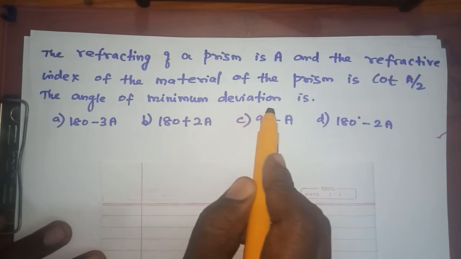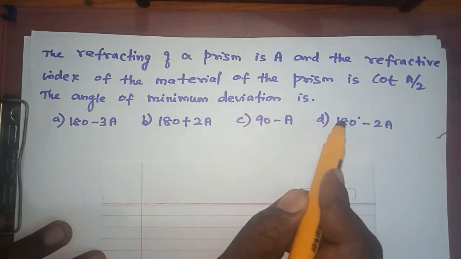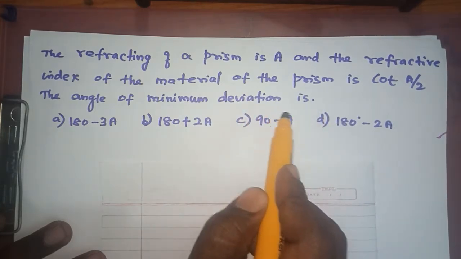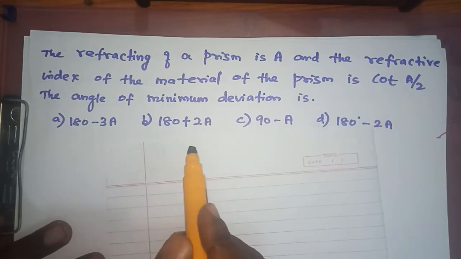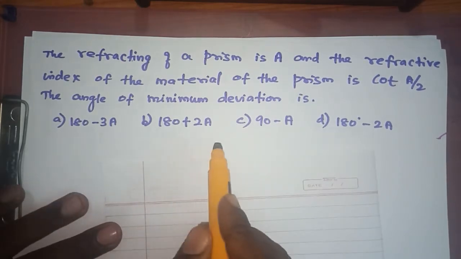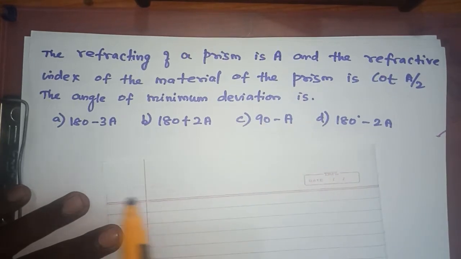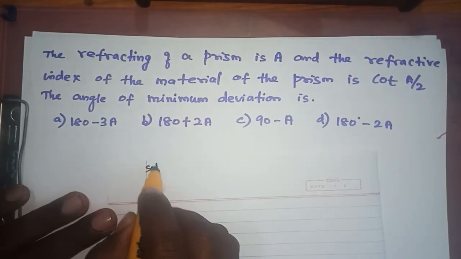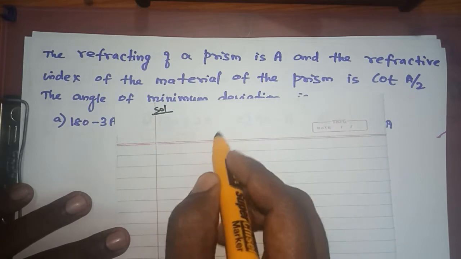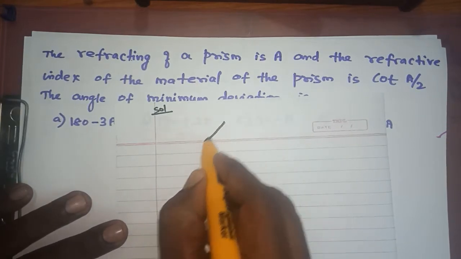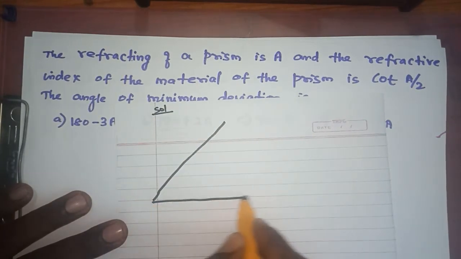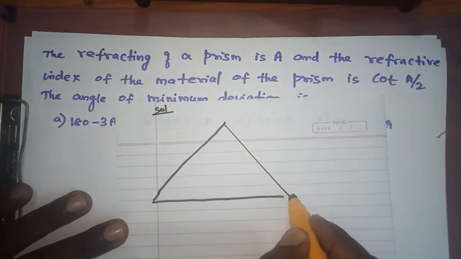So if you know the angle of minimum deviation, the sum is very simple. But here I will just help you out to learn what the angle of minimum deviation is. Then I will try to find out the answer for the given question. To start with the solution, it is very simple. If you know the angle of minimum deviation, how to know it? From the examination point of view, you should have some awareness.